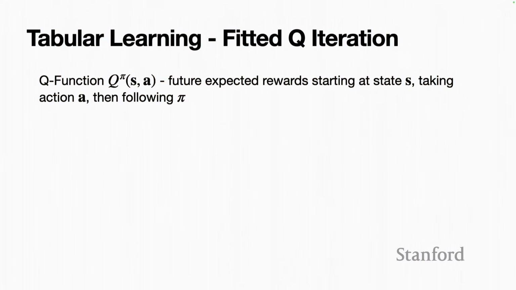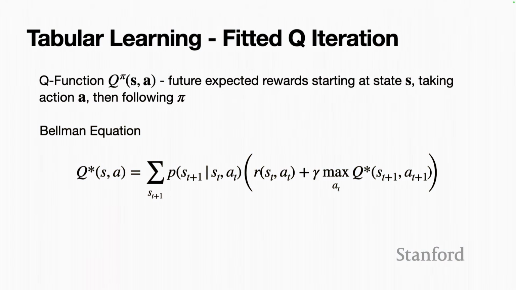So to explore how you can learn a Q function, we're going to go back to this tabular grid world environment that we've been looking at and see how we can learn a Q function through dynamic programming. So in class, you might have seen this Bellman equation, as seen on this slide here,